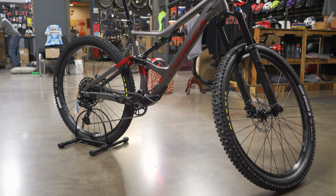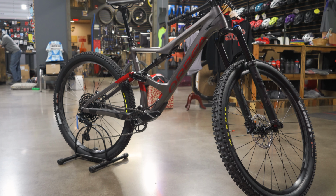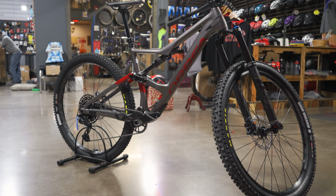It's got the right amount of travel where you can do anything, but you're not really gonna feel super hindered on local XC trails. It's spec'd really well. The price point is pretty good for everything you get, even after the pandemic. But I do believe over the H30, I would save my money and buy the H20, because you get a